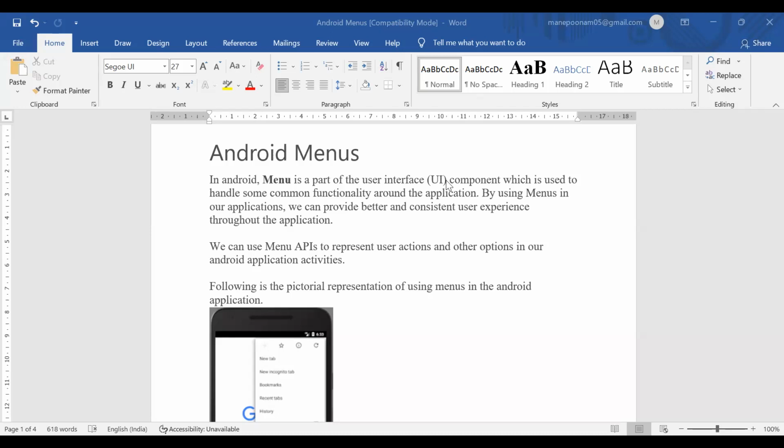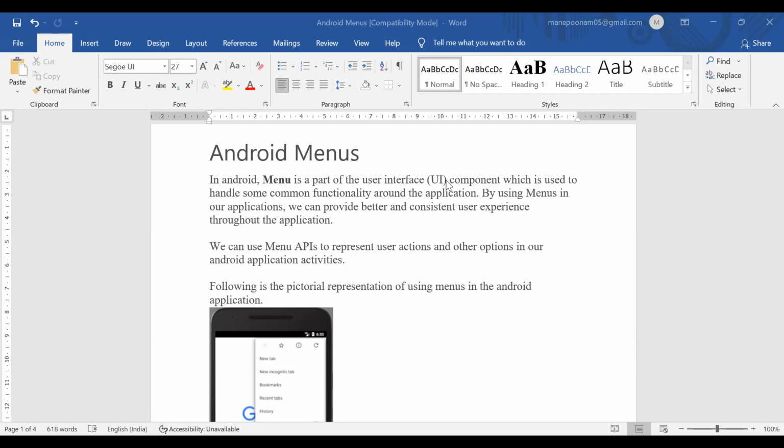In today's lecture, we are going to study Android menus. We all know about the menus. We use Android mobile phones, and in that, different menus are there. For example, if we are using WhatsApp, to open the settings, we click on the three dots, and all the settings and other menus appear on the screen that we choose, and the next activity is performed. So for that, menus are very important for any application.